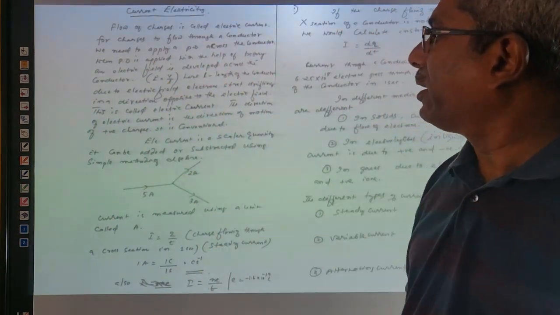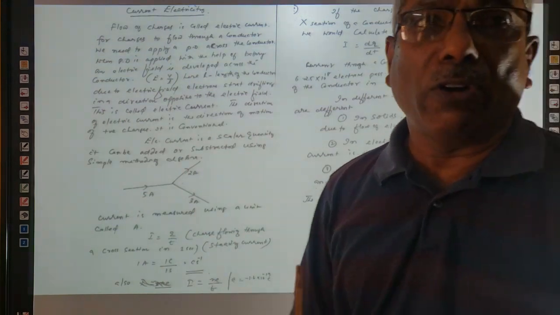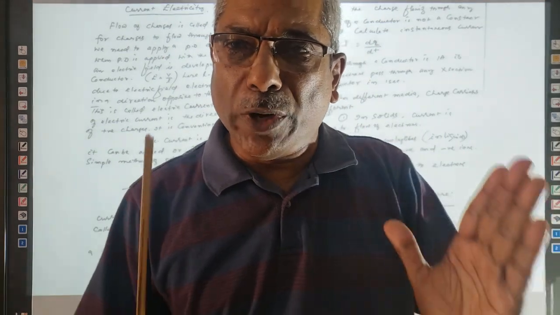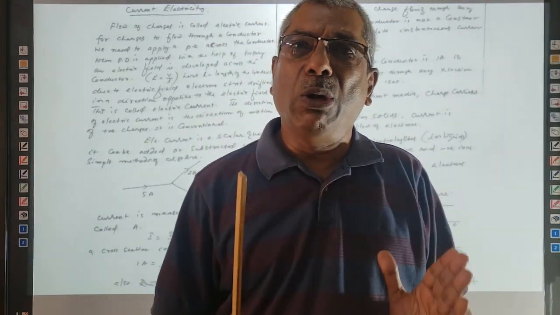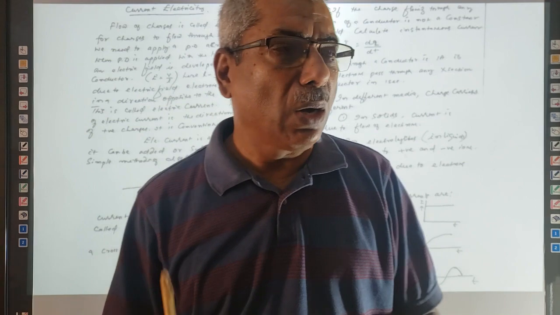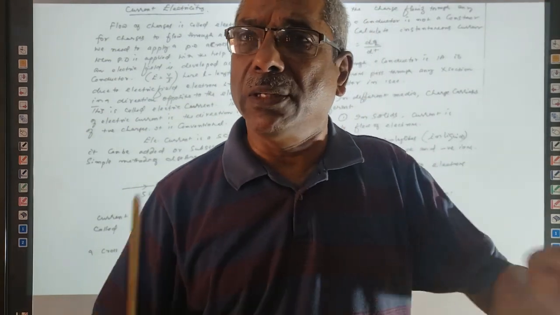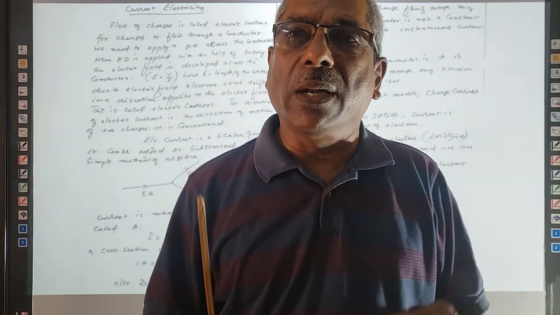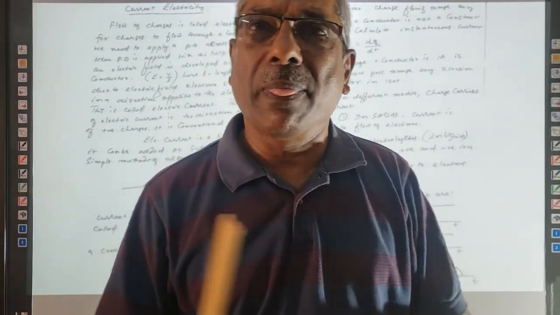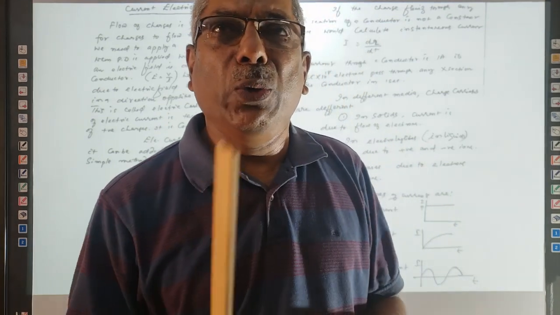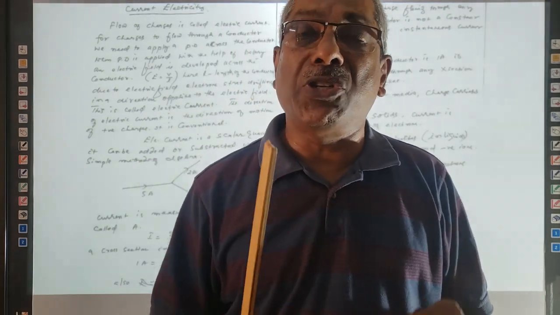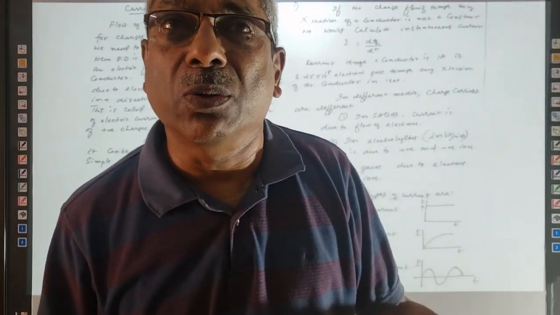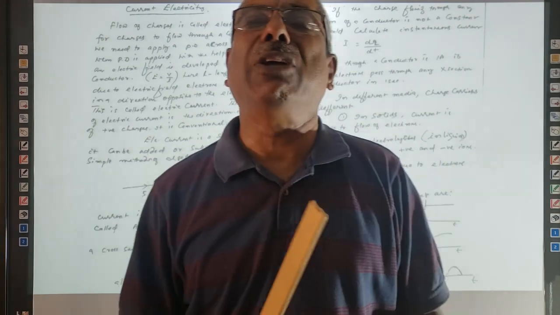So flow of charge is called electric current. Charges cannot flow as it is. We have to apply a potential difference between the two ends of a conductor. Then only charge can move from one point to another in a conductor. Conductors are crystalline solids that contain a large number of free electrons. For example, in the unit volume of a conductor, about 10 raised to 28 electrons are present, and the same number of positive ions are also present, that you have to imagine.